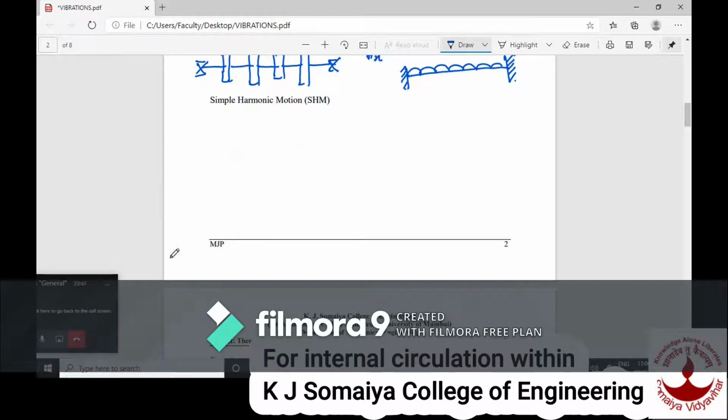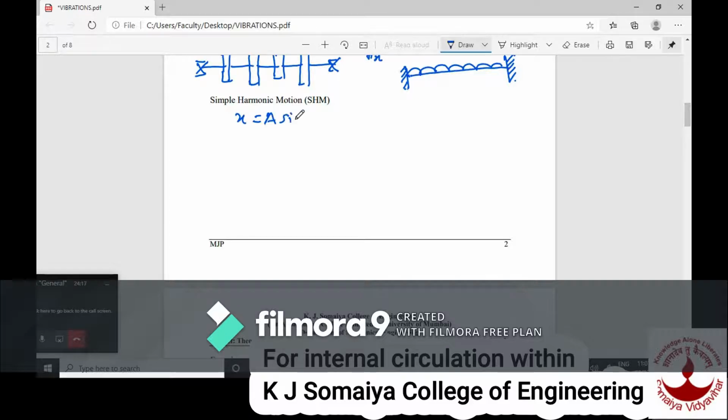The next is simple harmonic motion. In simple harmonic motion, the to and fro motion has its acceleration always directed toward the mean position, and that acceleration is proportional to its distance from the mean position. And in SHM, the displacement is represented with the help of x equal to